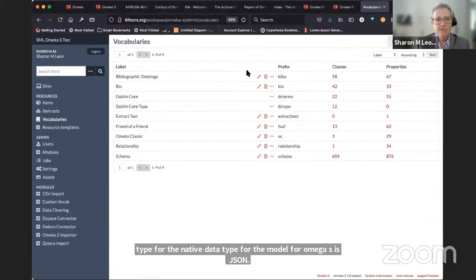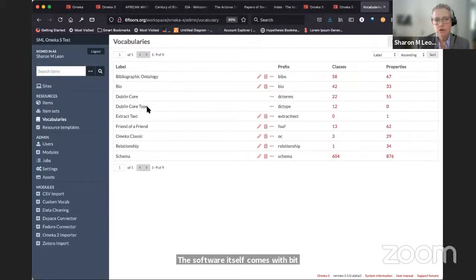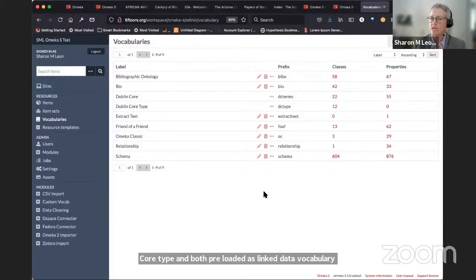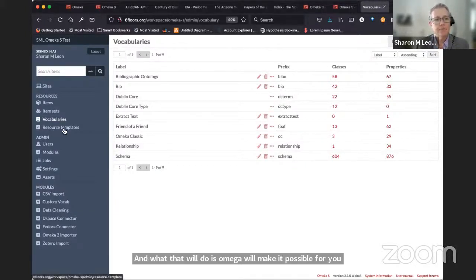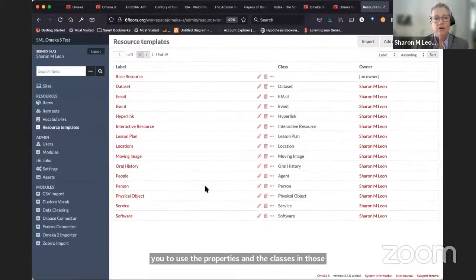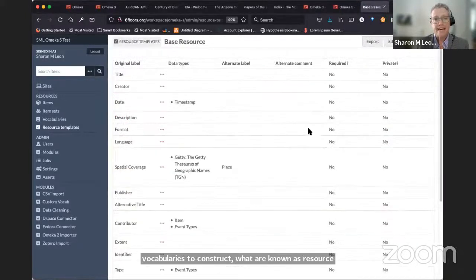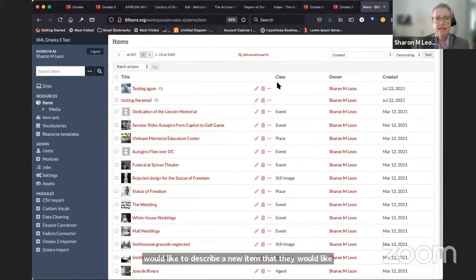The software itself comes with Bibo, Dublin Core type, and FOAF preloaded as linked data vocabularies, but it is possible for you as a user to import any vocabulary that you would like out of the linked data universe. And what that will do is Omeka will make it possible for you to use the properties and the classes in those vocabularies to construct what are known as resource templates. And those resource templates really are the data entry form for someone who would like to describe a new item that they would like to put in an item set and attach media to.